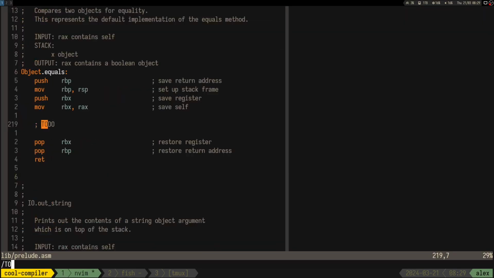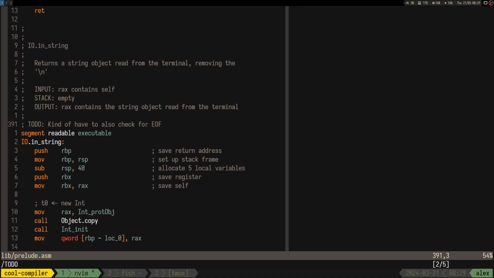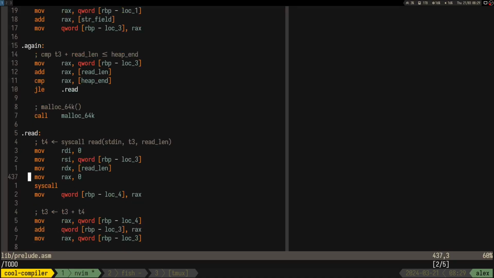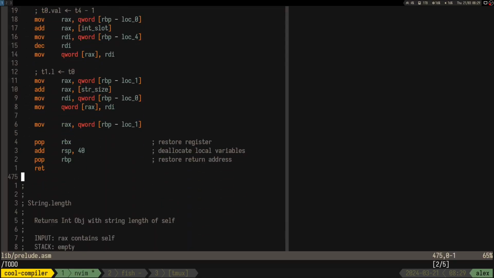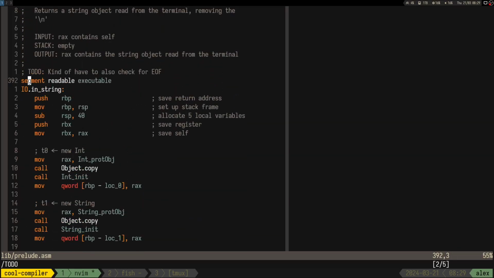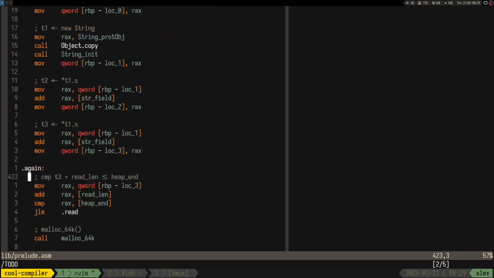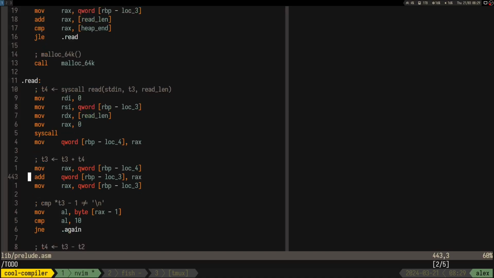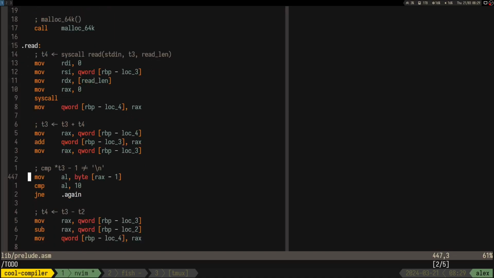We still have some to-dos here, so we need to implement the equals here for reading a string. I'm not really sure if we handle end of file correctly. I'm not sure what would happen if you pass end of file into this. I remember that the read line from C actually stops if you give it an end of file, so I'm not sure how to handle that,